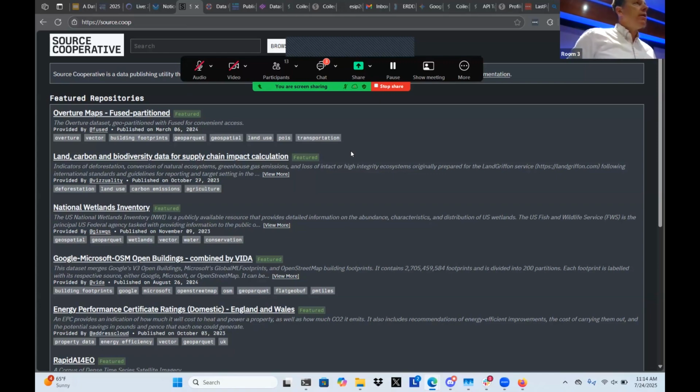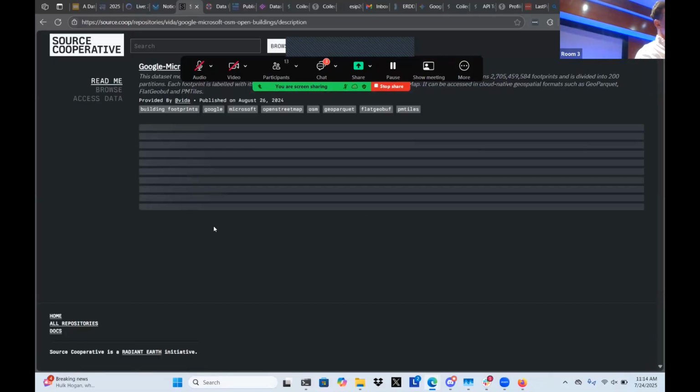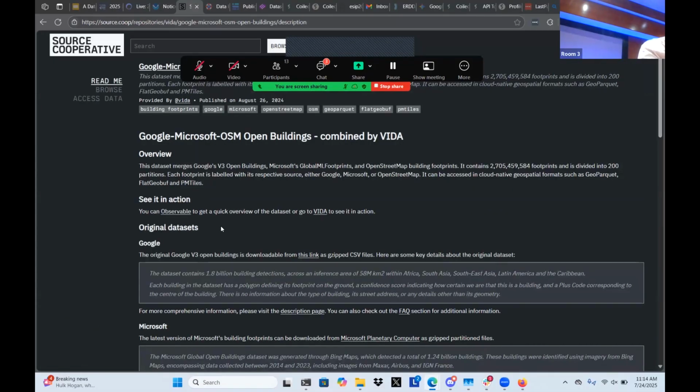So what we want to make possible is for people to do something quite simple, which is put files onto the internet and then have URLs that point to those files that they can share with people. And the concept of Source is very similar to GitHub, where you have repositories, right? So I'll go down to this one because it's still our best demo after 2 years, but it's going to get better soon. But where you have the concept of a repository, it has a title that the Zoom thing